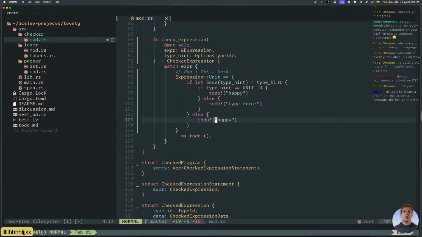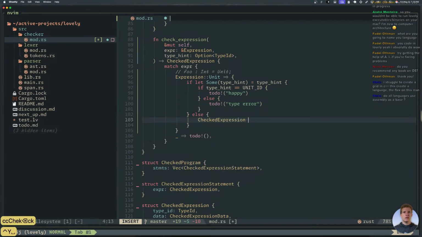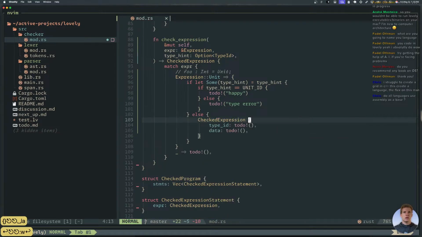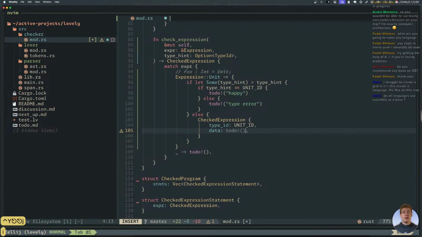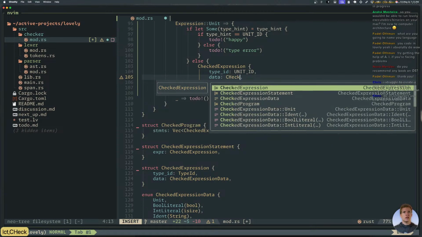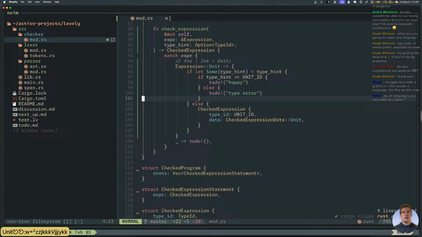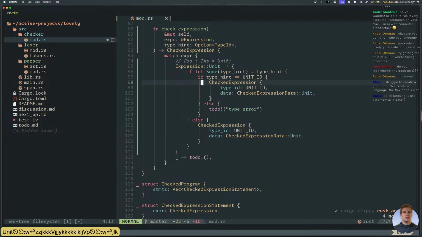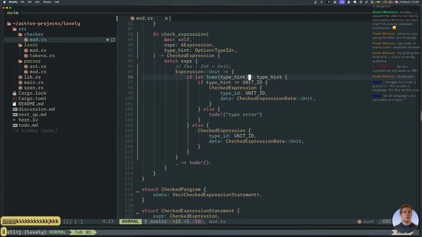So this is supposed to return checked expression. So checked expression, the type ID becomes unit ID, and the data, what is this data? Checked expression data, okay. Checked expression data unit. Same thing here, right? Otherwise, I wonder if there'd be a better way to format this, because I can't do stuff like this, can I?